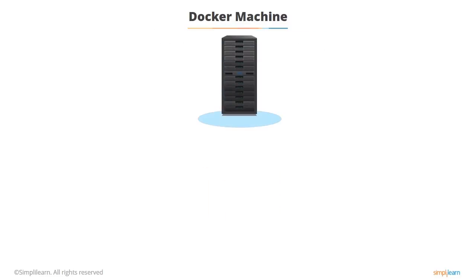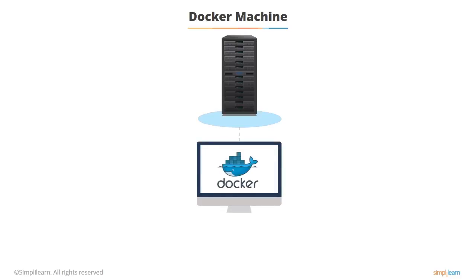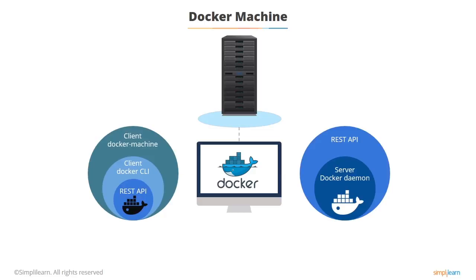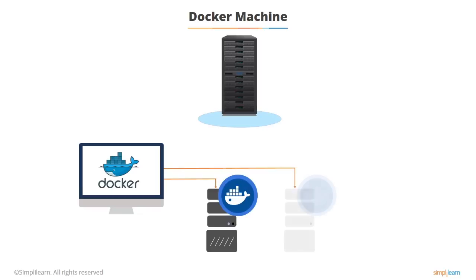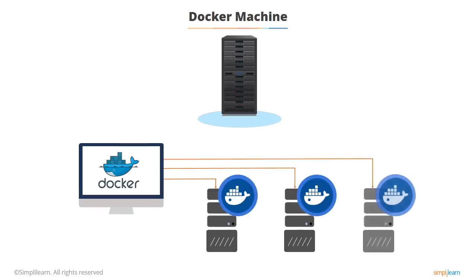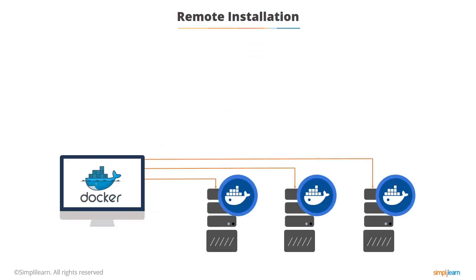So basically what you do is typically you allocate a dedicated computer which runs Docker machine, and there should really only be one for your particular environment. So you've got Docker machine and Docker client. It then talks across the network to other machines which run the Docker daemon, and they become Docker servers. And this can get really powerful. As we'll see later on, there's a thing called Docker Swarm where these things can communicate with each other, and you can do some really clever things. So to do this, you have to set things up.